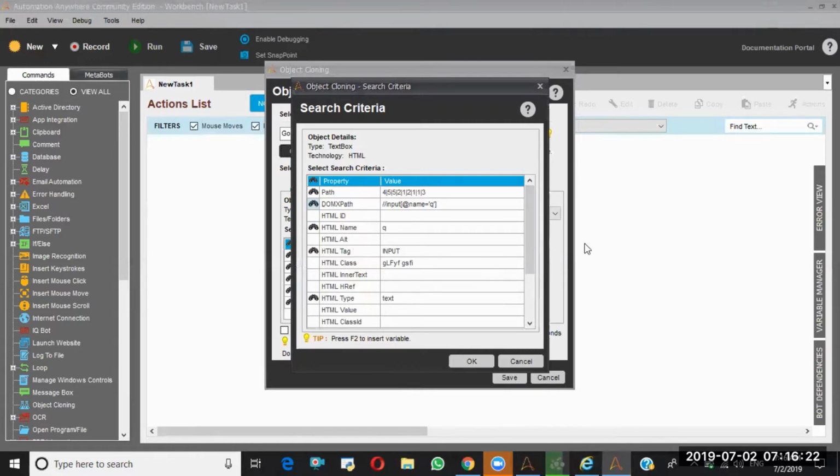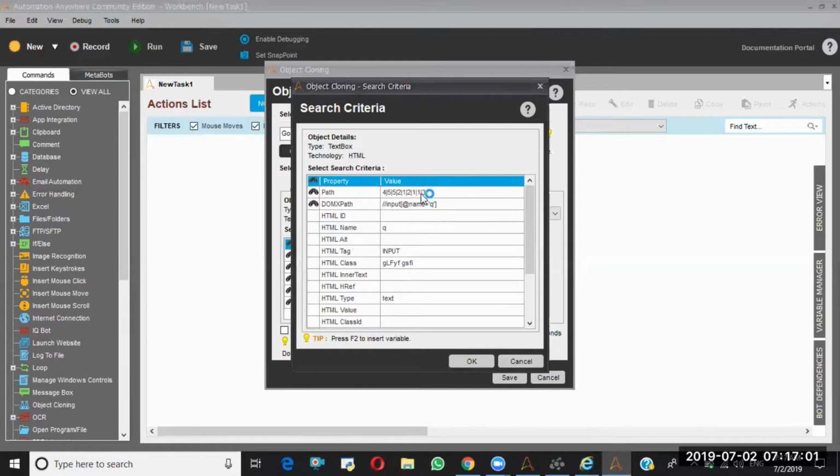Like that, we need to customize this. But why do we need to customize this? Most of the time people will select the path and domains path and the remaining things will be disabled. Sometimes, not all the time, my bot should take the decision for this particular object based on these two properties, path and domains path. But in some situations, what happens?